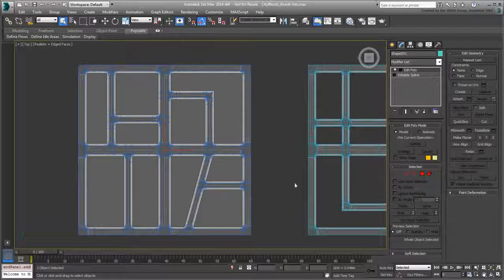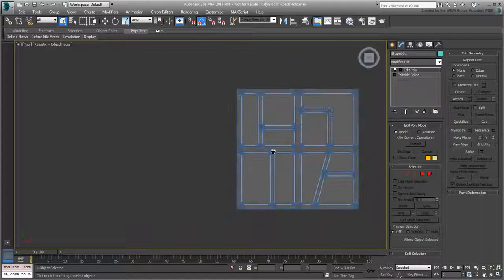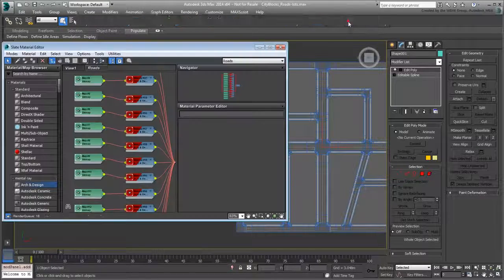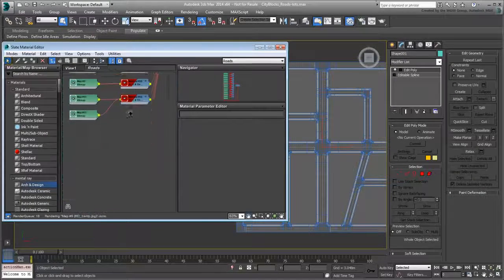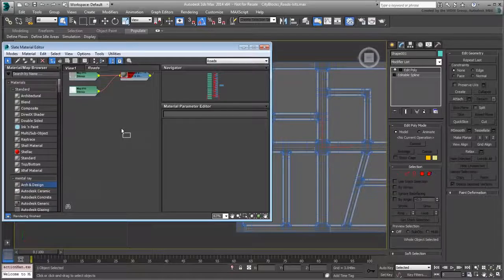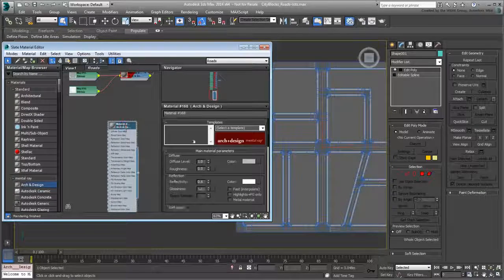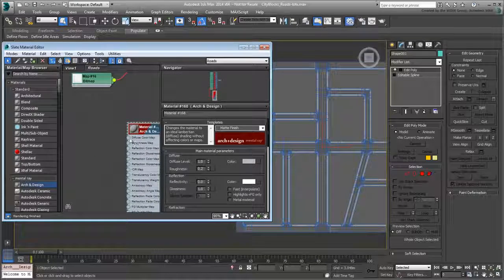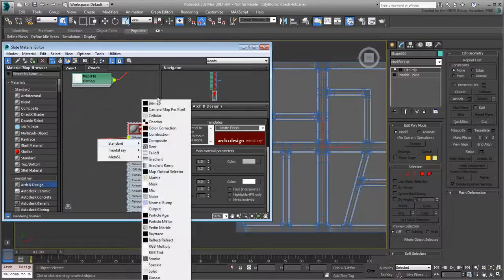Go to the Slate Material Editor. In this tutorial, you will map these surfaces with paving stones. Create a new Arch and Design material using the Matte template. Make sure the new material is set to show in the viewports. As a diffuse map, choose the bitmap named